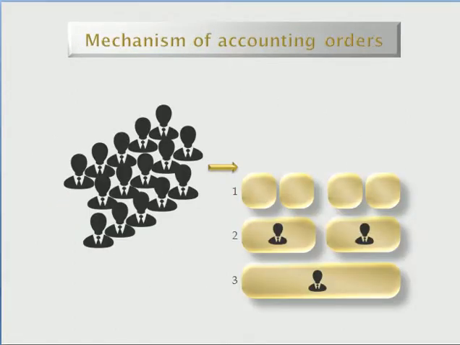So Swissgolden uses a mechanism for the accounting, that is the process you go through to the point where you join and get paid. Swissgolden uses what they call the 7-cell table of orders. This is what it looks like. And it's called 7-cell because it has 7 spaces. This is level 1. It has 4 spaces. Level 2 has 2 spaces, and level 3 has only 1 space. So if you count them, 4 plus 2 plus 1, we have the 7-cell table of orders.